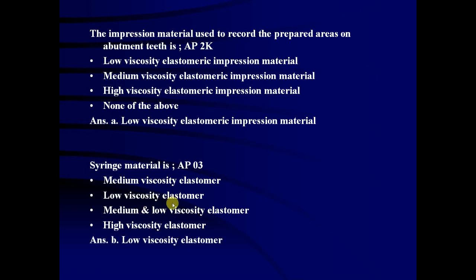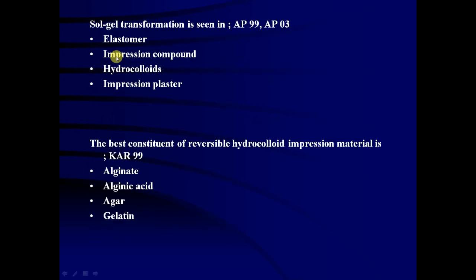Answer is low viscosity elastomer. Solution to gel transformation is seen in hydrocolloids. The best constituent of reversible hydrocolloid impression material is alginate, alginic acid, agar, or gelatin. It is agar